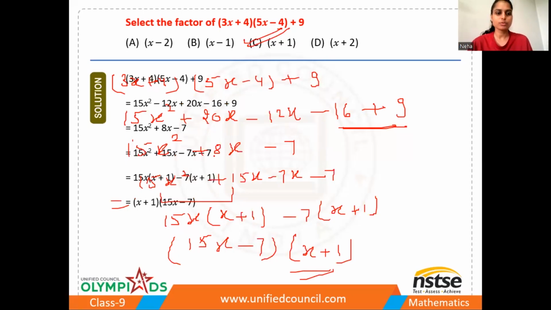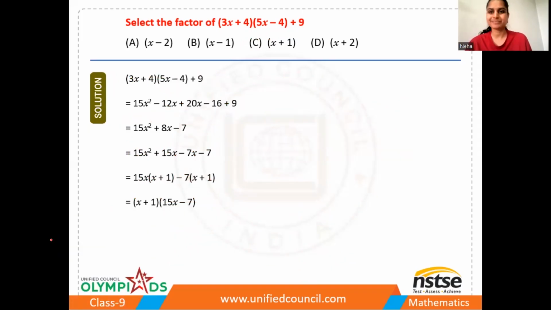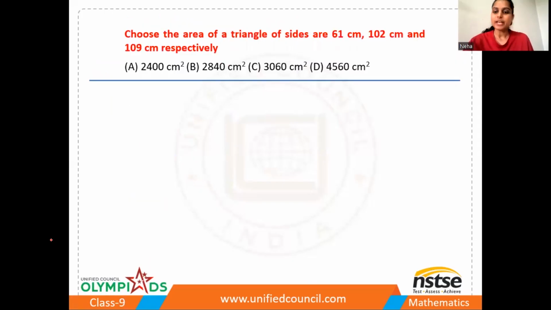Perfect. So students, this is the detailed explanation of this given question. The next question is to choose the area of a triangle with sides 61 centimeter, 102 centimeter, and 109 centimeter respectively. So basically, three sides of a triangle are given, right? And they are asking for the area. So if three sides of a triangle are given and they are asking for the area, then the formula to find the area is